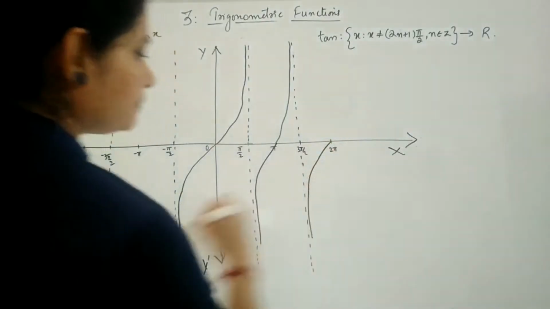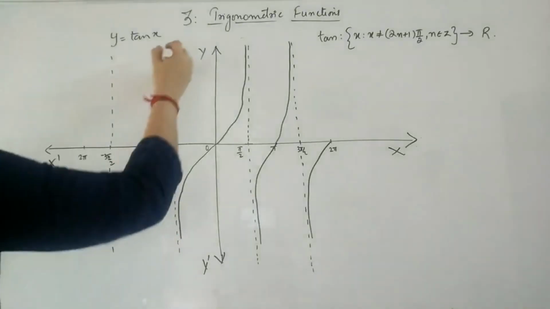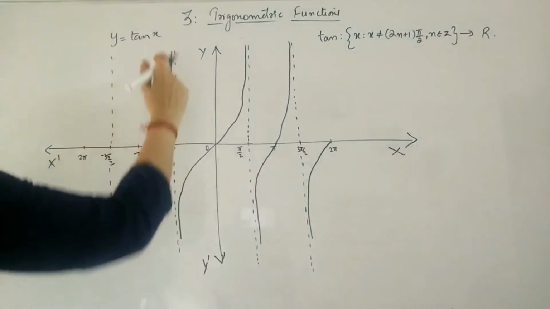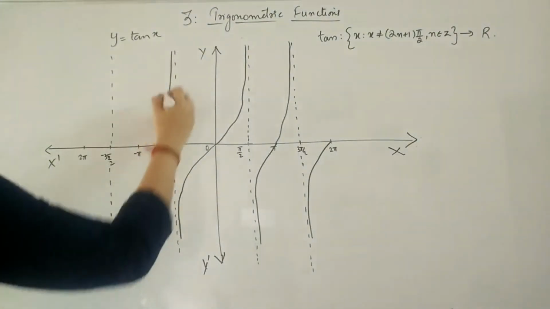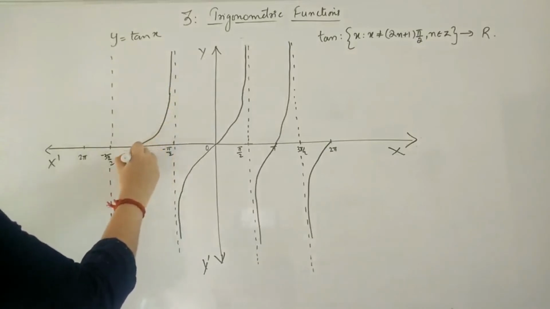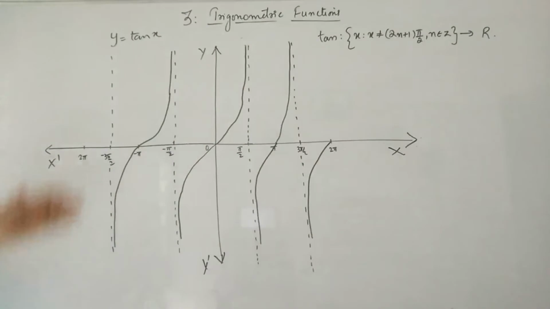Again here I have not drawn the next one. So it should not touch this dotted line. Here again you will have starting from this point, negative infinity. Here you have an infinity at minus π by 2 now, so there it will not touch. Again here you will have 0, then again it is going to negative infinity like this. Infinity and negative infinity is shown like this. Clear? So this is your tan graph.